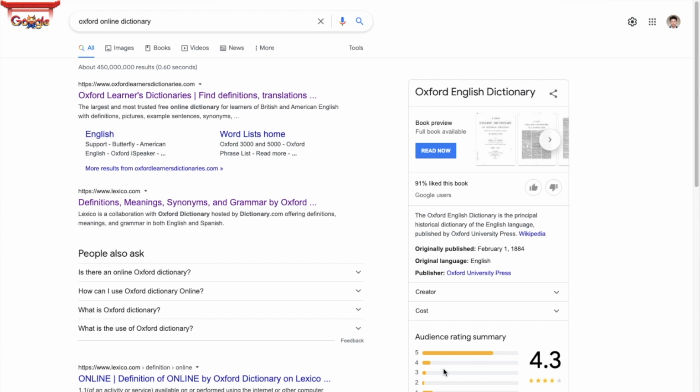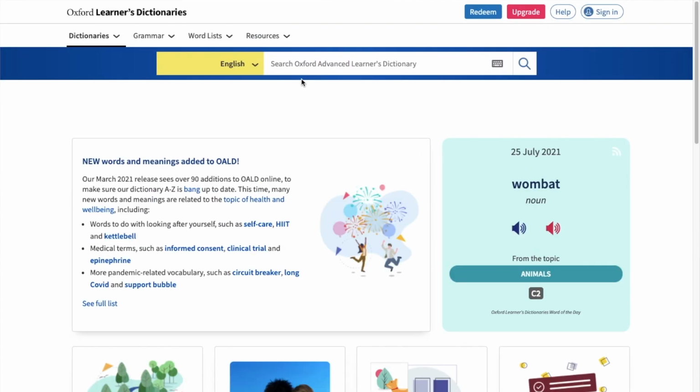Alright, so the second way that we are going to do is to use the online dictionary to find a word. So, the first step would be going into the website of the online dictionary. So, here you will have a place for you to type the word. So for example, we are going to find the word dictionary, so D-I-C-T-I-O-N-A-R-Y.